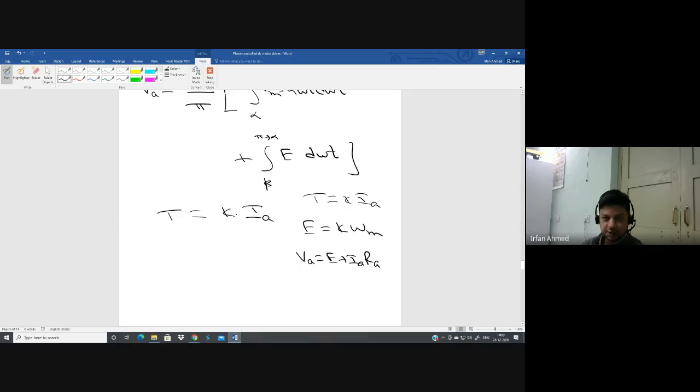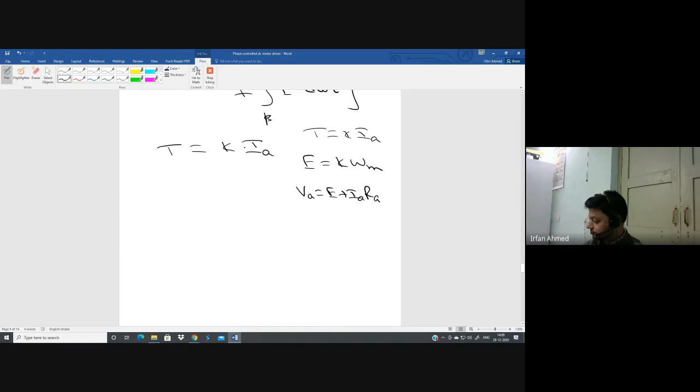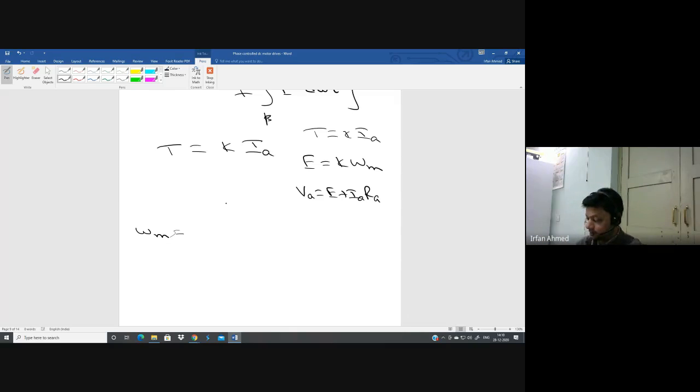So if you substitute the value of VA, then from these 3 equations, what you get is, okay? Once again, I'm writing the direct answer. I have the derivation, but it is very difficult to write all this on this board. So I'm writing the direct answer. You can derive at home. You are PG students now anyway. So omega M is equal to E by K. That is equal to